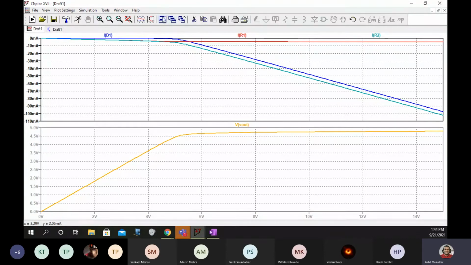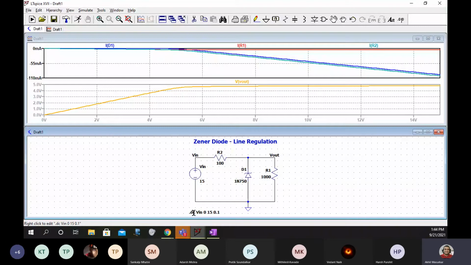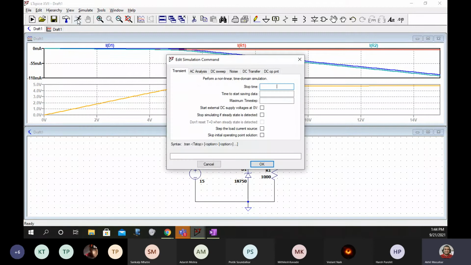You will post like this in the chat box. You will post the circuit. Yeah, how to get the DC sweep option? You run this. See, again I am showing. I am removing this. So you will have this circuit. Now you say run, and it will show you this option.